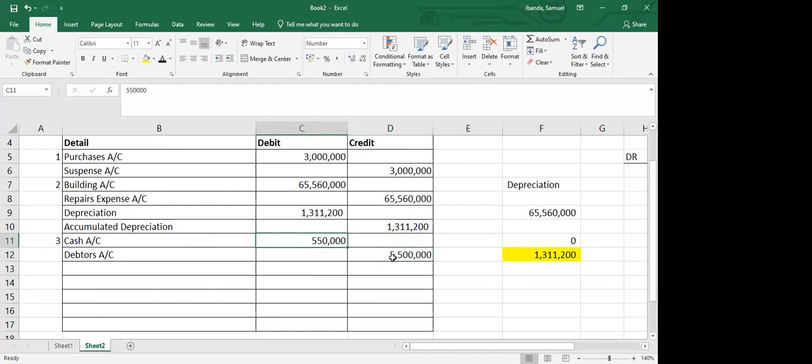So once you have this and this, it means that the errors that affected the trial balance are errors that brought the difference between the debit and the credit. You get it? Which in this case is the difference between this and this, which in this case is the difference between that and that. Yeah. So in this case here, our suspense account would have the 4,950,000 of that value. You get it? Yeah. So it's important for you to